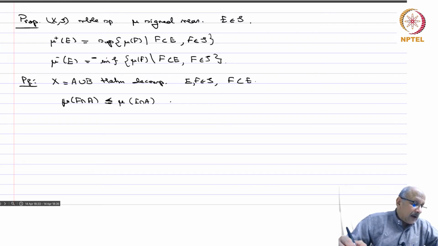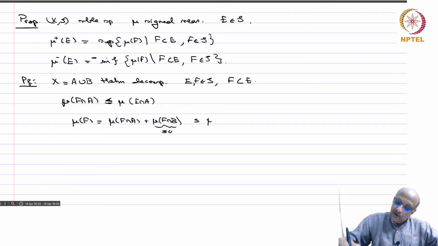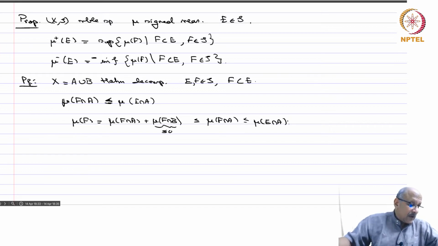Okay, and so you have mu of F equals mu of F intersection A plus mu of F intersection B, and this is of course negative, so this is less than or equal to mu of F intersection A, which is less than or equal to mu of E intersection A. Okay, and that is equal to mu plus of E,